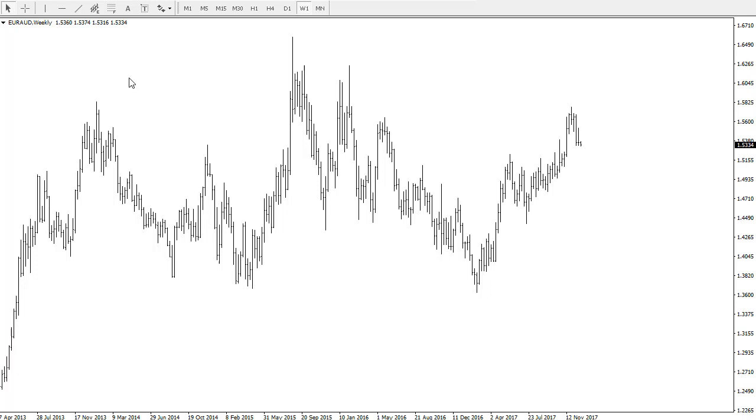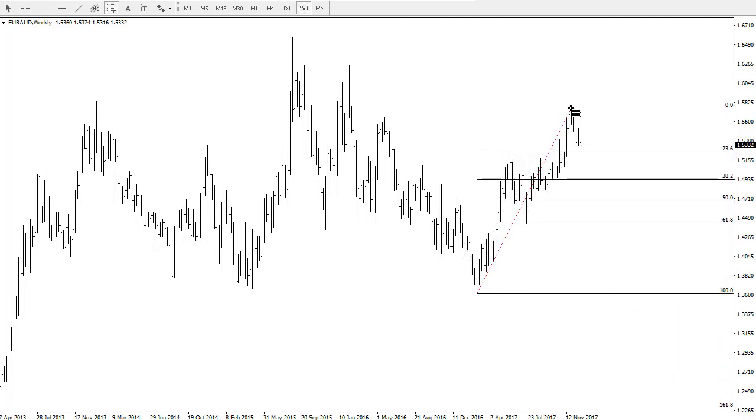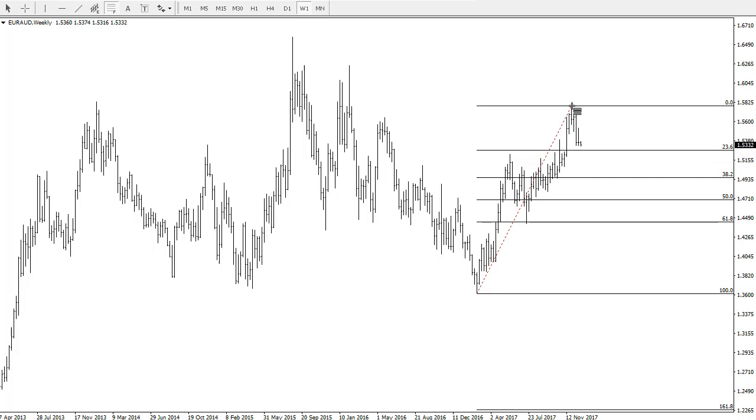So in front of you, I have a Euro Aussie weekly chart. And you can see the button here on your MetaTrader 4 is the Fibonacci retracement tool. You can see it changes the cursor like that. And to use the Fibonacci, what you do is you start at a swing high or a swing low. So that would be a swing high, that would be a swing low, etc. And you press and hold, and you just drag with your left mouse button, and you can see that it